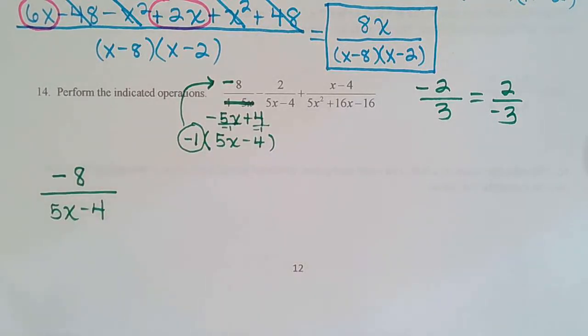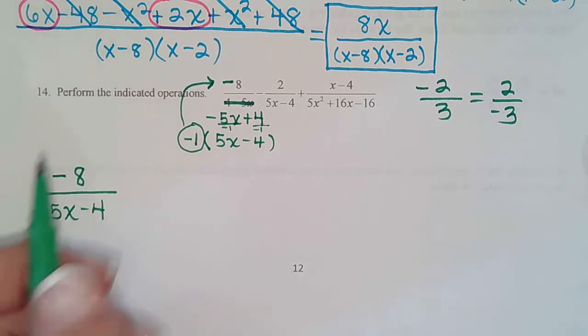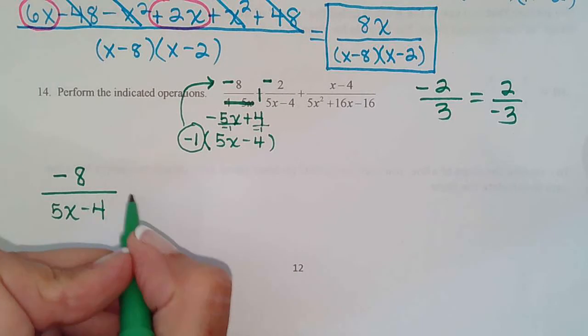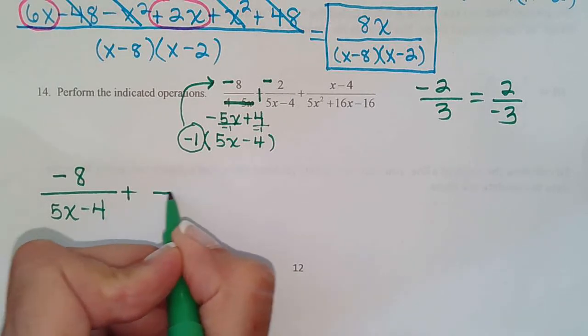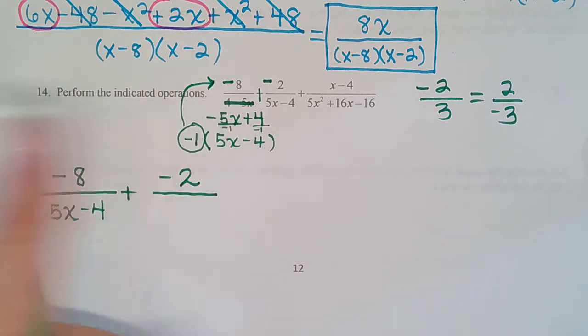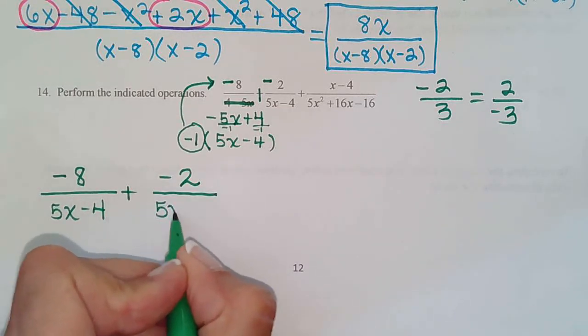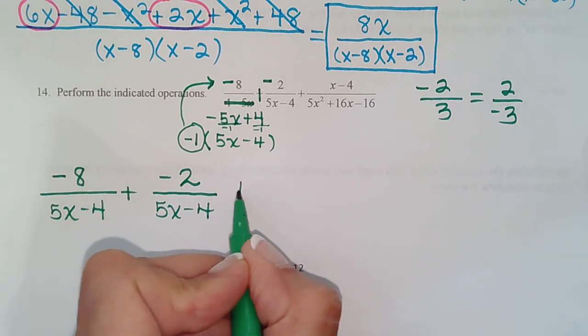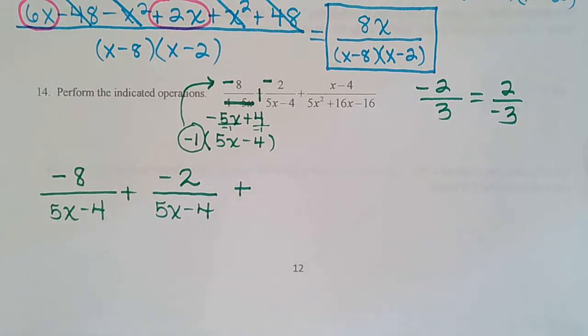-1 times 8 is -8. So that one can't be factored further. I see a negative, so I'm going to add the opposite right there so I don't lose it. And that's -2 over 5x minus 4. And then plus,